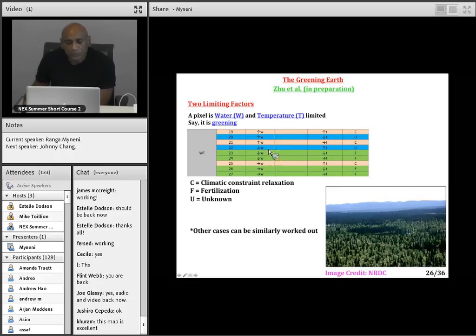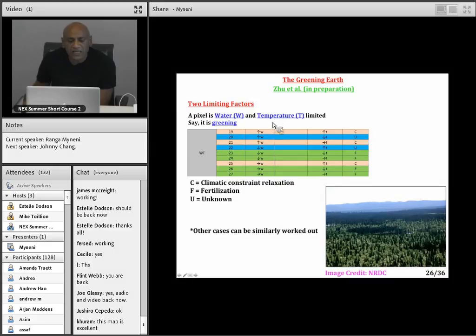And the third case is the pixel is greening and the water availability or precipitation has decreased, but temperature has increased. So in that case, we really do not know what the answer is. So we have this case of unknown. So you can imagine we can prepare a very long table where we have, in this table here, you see